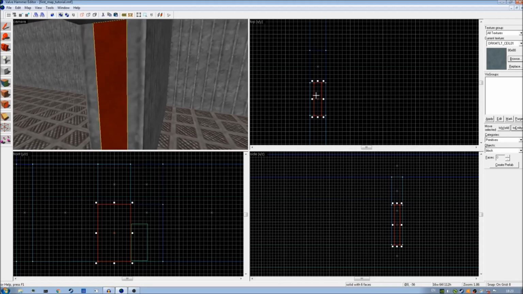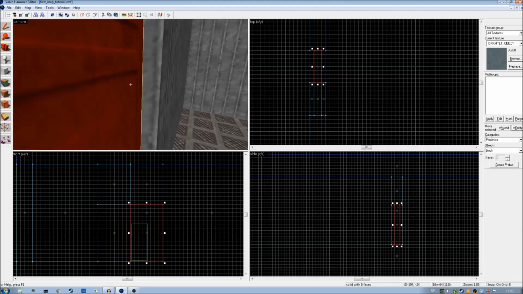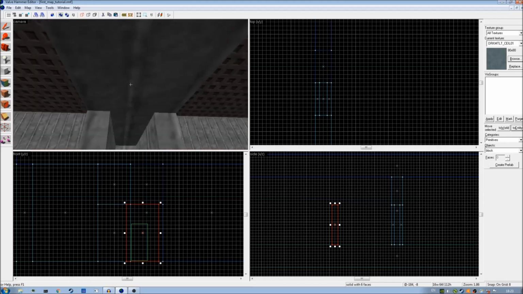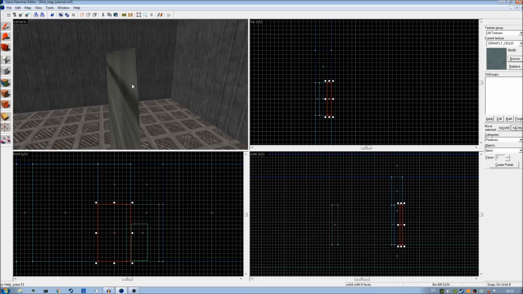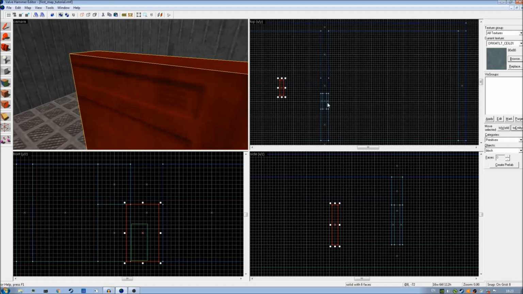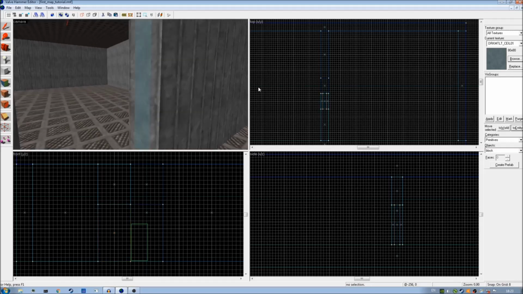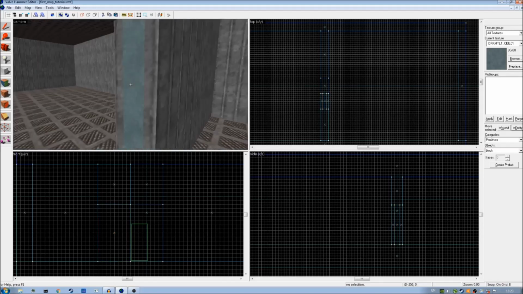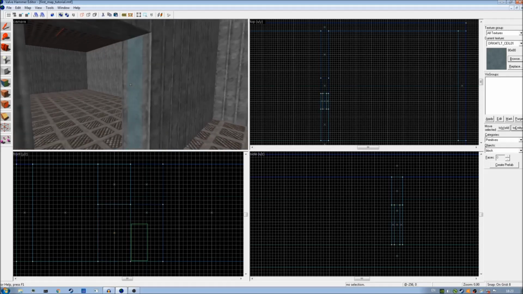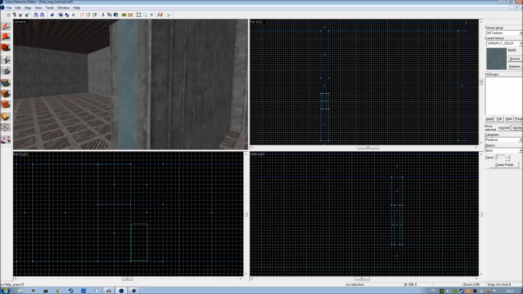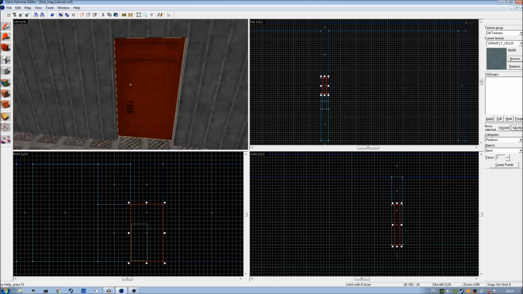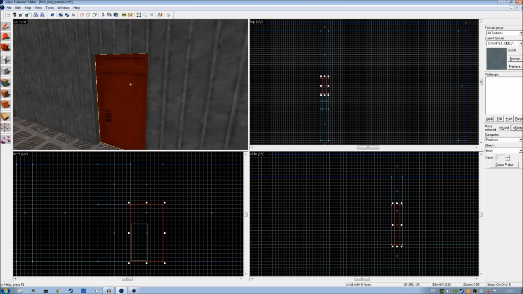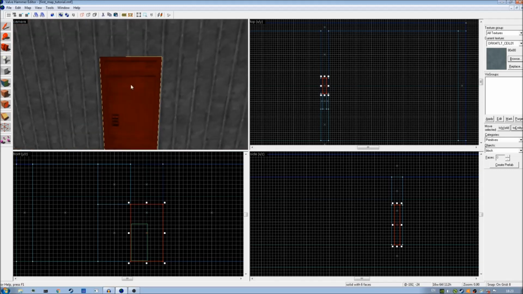So if I move my door back out, if I move it out of the way completely, you can see now I've got a little slot in here where my door will be recessed. And I don't know if you noticed, but when the door is inside the recess, there is of course no weird texture clashing going on because the door face isn't meeting any face on the wall. So put the door back in its normal position when it's closed,